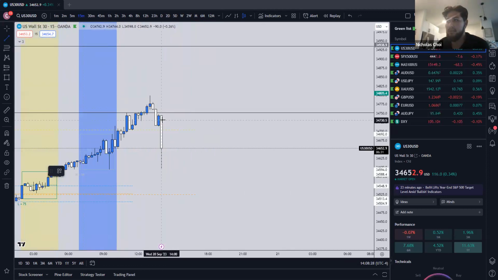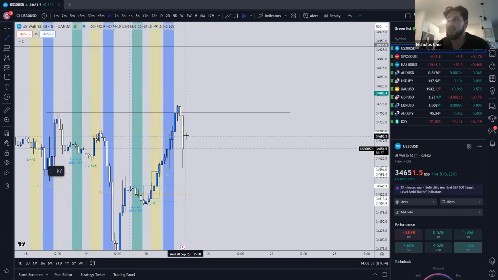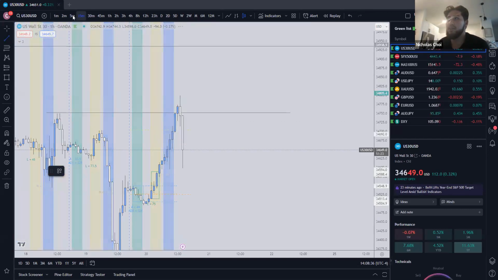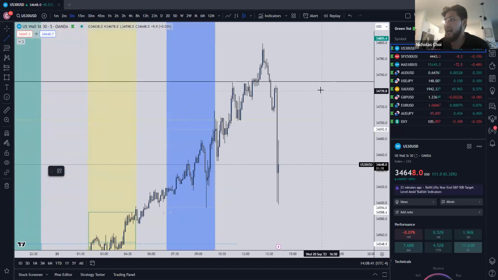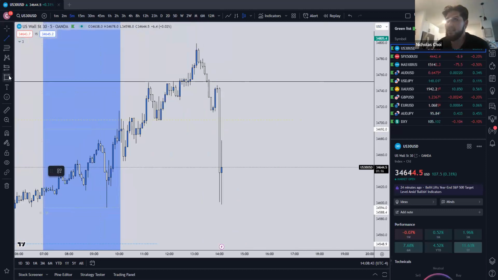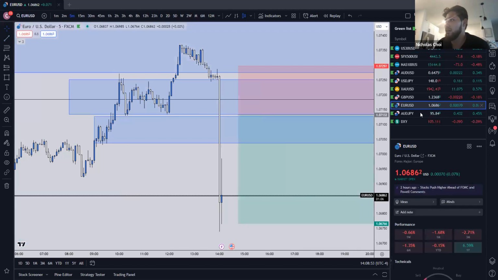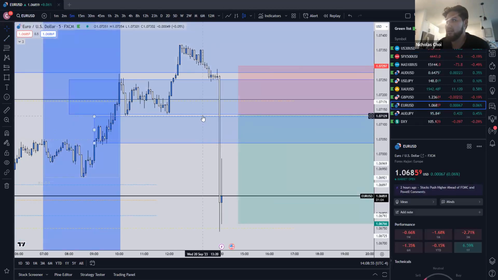Which kind of came in, but again, at 2 o'clock, this is another example of a could-be great setup that could meet your rules, but if there's FOMC, a high impact news event, you're not necessarily going to trade it. And this was actually a beautiful move right before FOMC. So I'm just going to go ahead and set some alerts.